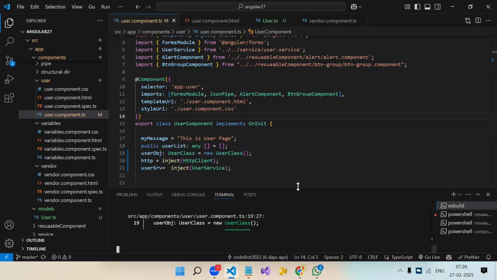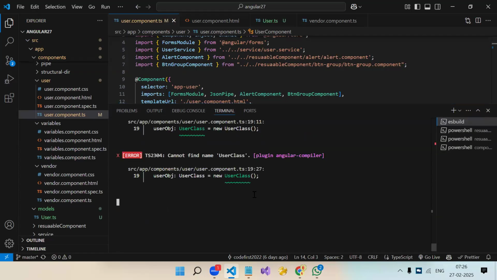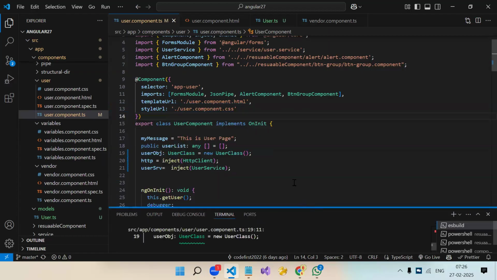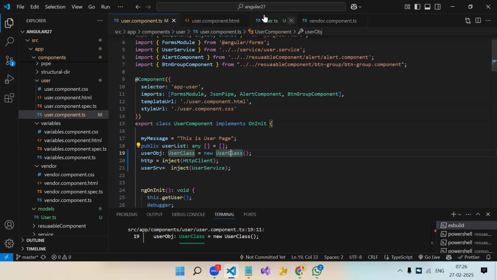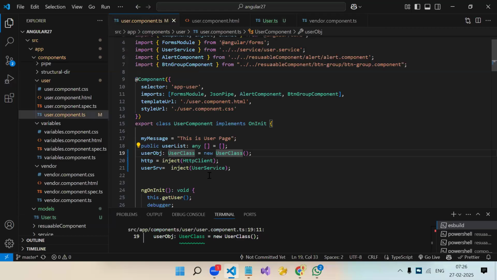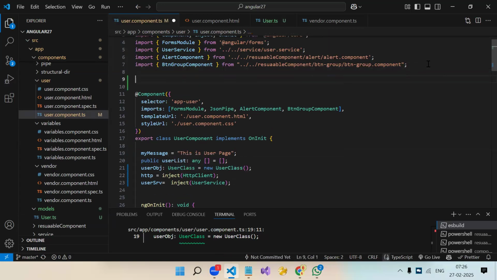Oh, now user class. Okay, so see, in the compilation error we are getting an error saying it cannot find the name user class. Means if we are using something from another file in another file, first we have to import it. Look, where is this class? It is in this file. So if we have to use this in another file, first we have to import it. But I don't know why it's not giving a red line over here. So if we are going to use it over here, first we need to import it. So I will write import, curly bracket, from, dot slash.